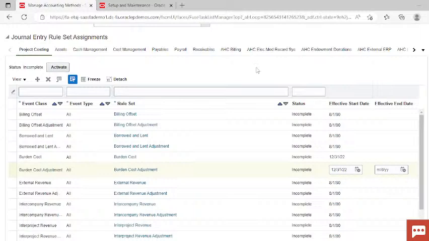Now you have ended the existing standard rule set. Now what we will do is add, from this create icon, our journal entry rule set that we have created. Now click on this add icon,